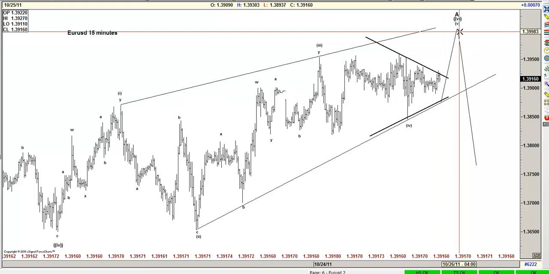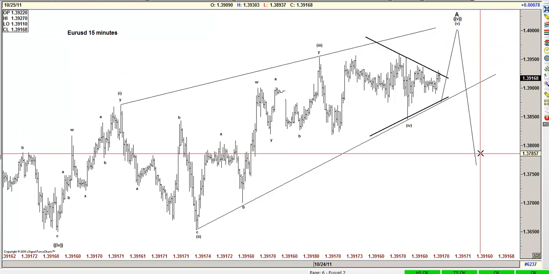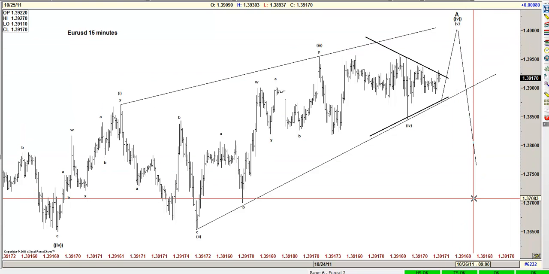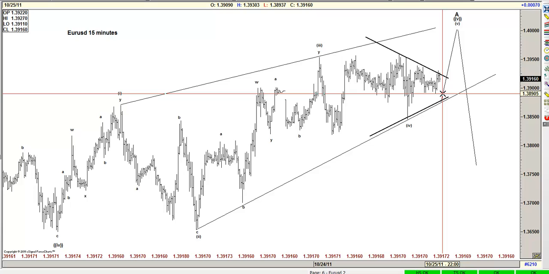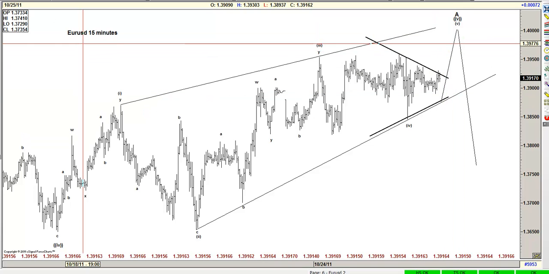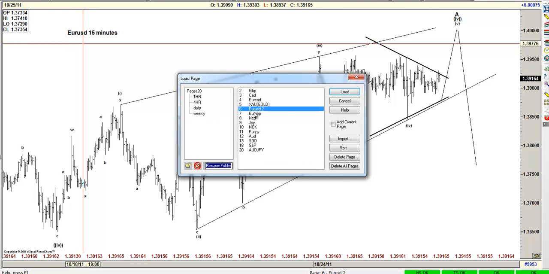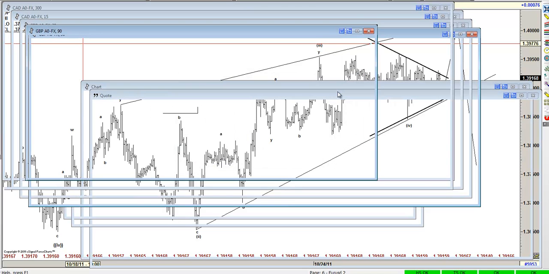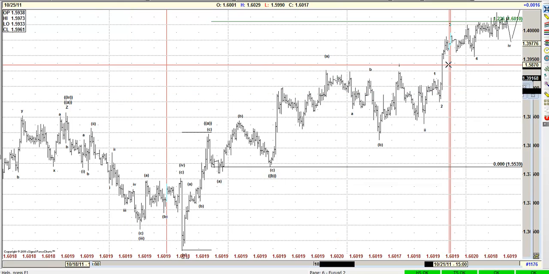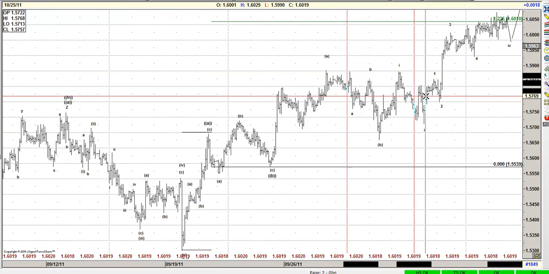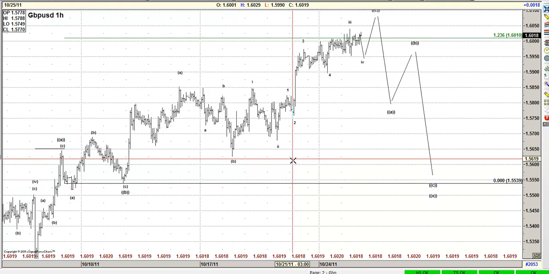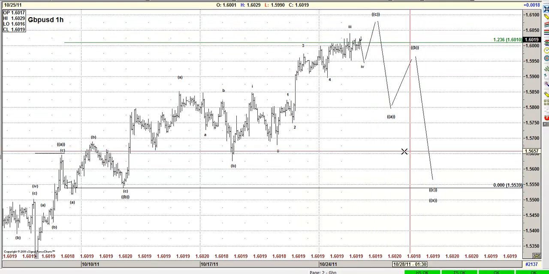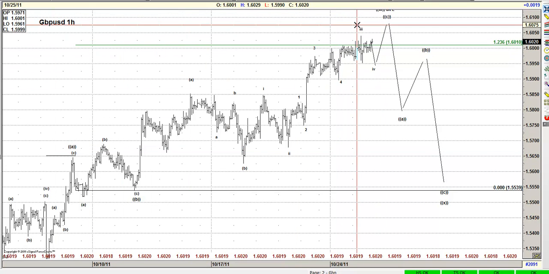So this move to the upside should be terminal, and then the euro should trade lower either tonight or tomorrow. That's what we like about the euro. Now, seeing that the euro is going to make a new high, it's very easy to go around the market and see many pairs, for example cable. We are allowing cable to make another high before dropping. So cable new high, euro new high,